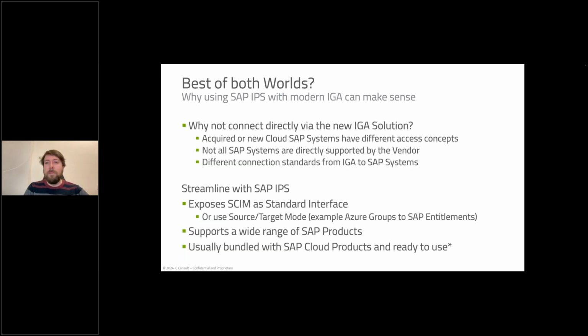So if you have systems already connected to IPS, you can just simply switch IDM, which is also using a SCIM interface to communicate with SAP IPS, and then put your new IGA system in between. So it will still do the standard IGA call. You have to check your data, and then you can reuse your connection without putting much effort into it. So that's a part of the IDM landscape that could remain in your company and would still make sense to use in the future.